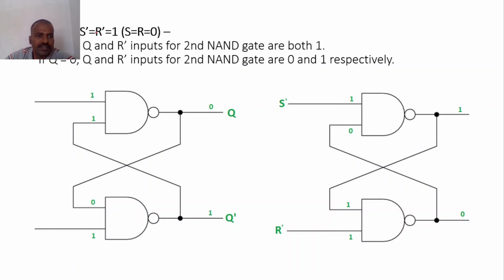First of all, this is S bar and this is R bar. The first condition is that I'm going to consider both S bar and R bar values equal to 1. Have a look at this: the S bar value is 1 and the R bar value is 1, and this is a memory device. Before applying these inputs 1 and 1, I need to store some outputs here, that is 0, 1. We can store 0, 1 or 1, 0; that is our choice.